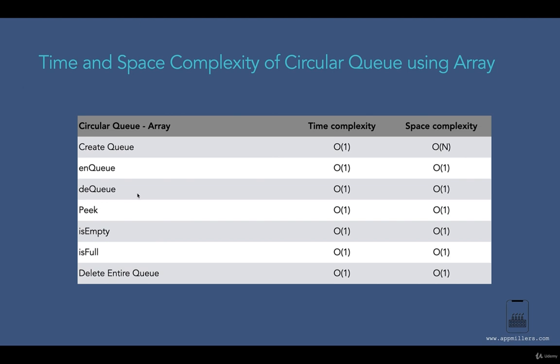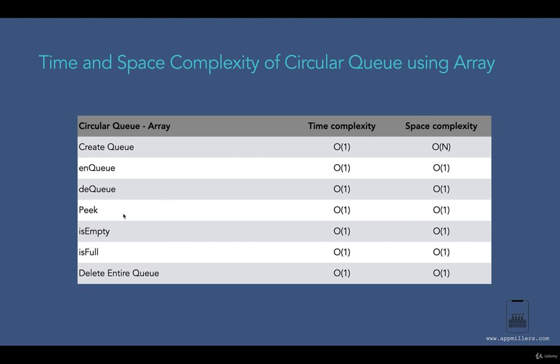Now the next method is the dequeue method. In case of the dequeue method, we are removing the first element from the queue and returning it. In this case, basically we are not deleting it. We are updating the beginning of queue, which points to the next cell. So this will take O(1) time complexity, because we are not doing any loop or other time consuming operations over here. Similarly, space complexity is also O(1), because here we are just changing the beginning of queue. We are not touching anything over here.